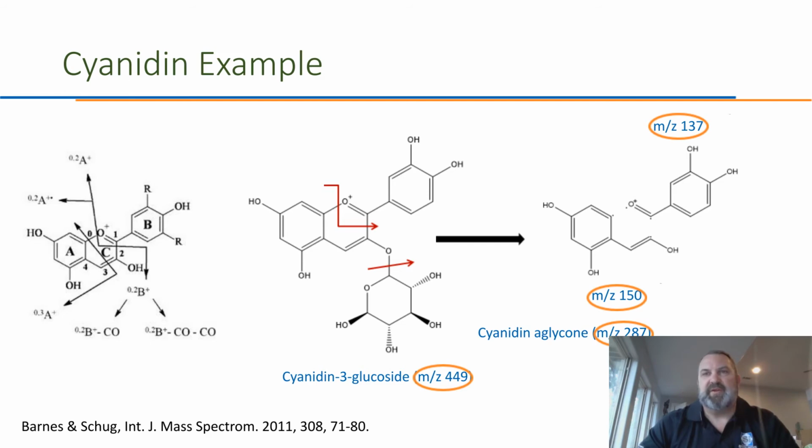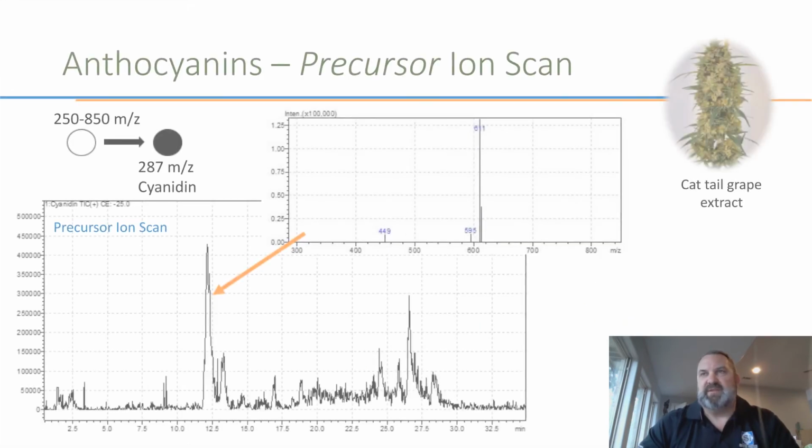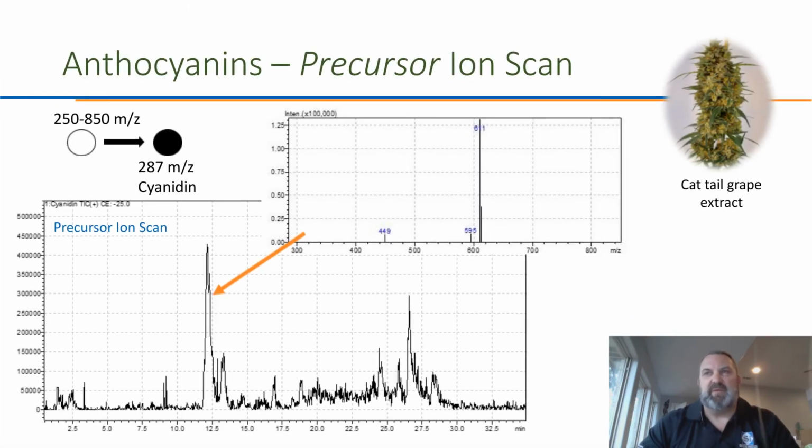So we set our precursor ion scan. You can see here on the top left the schematic where we've got our first quadrupole scanning from 250 to 850 mass to charge. And we're just interested in a signal if something comes through and gives us a signal for 287 mass to charge, which is the parent ion for cyanidin. And when we do that, we get this signal, this chromatogram on the bottom, and there's this big hump signal